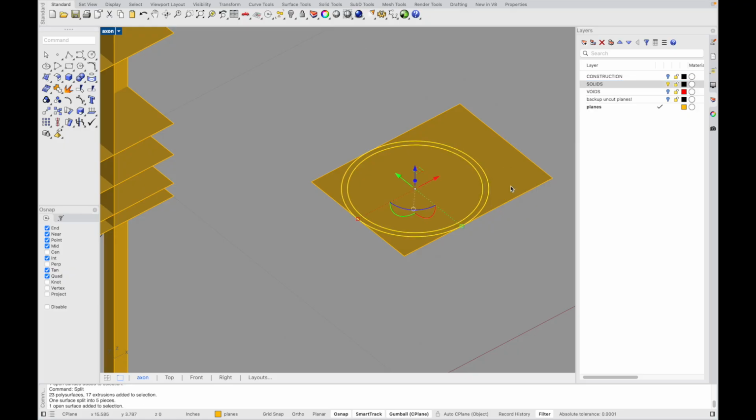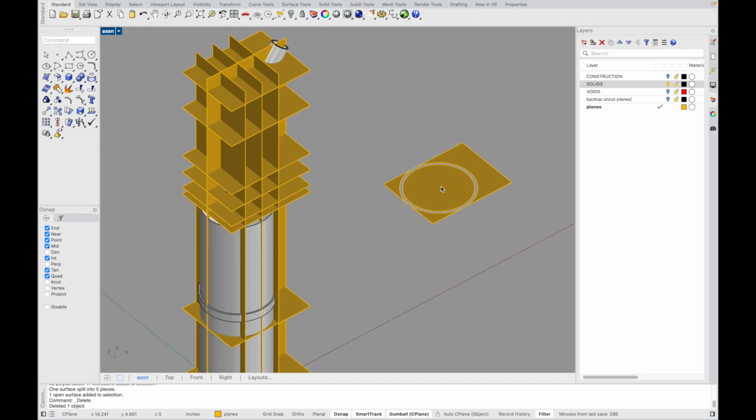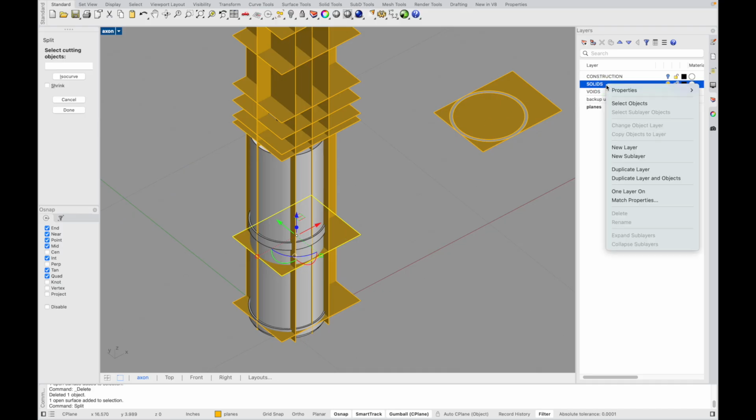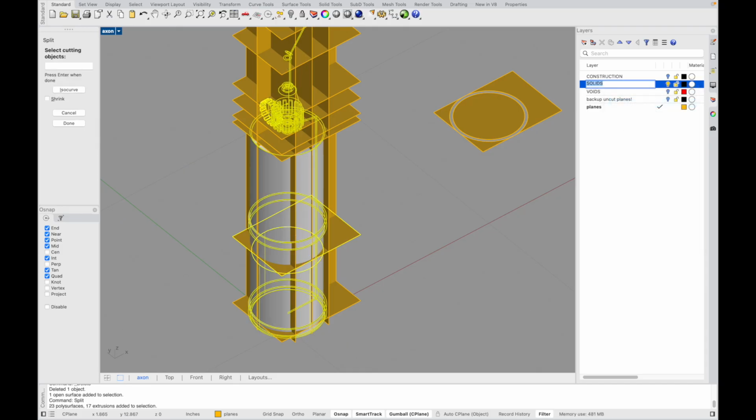What I'm going to do now is delete that, and now I've got my solid represented as something that's been removed, and the void is clearly articulated by the remaining material. I want to do this because if I did it the other way around, I would just end up deleting a whole bunch of the void space, and I'd be left with the one in the middle, and that's just less interesting. So I'm going to do that for basically every plane, where I can then take that and say split this, split that with the solids, select object, say done,